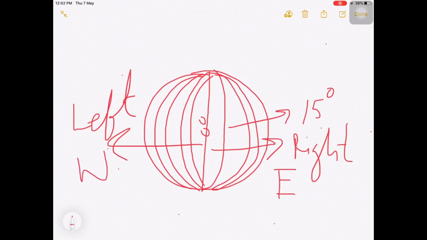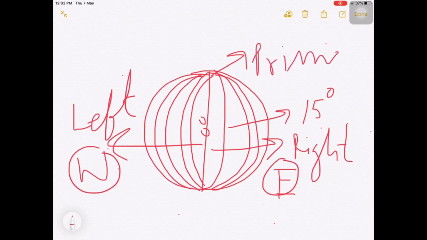Why do we need to write letter E and letter W? Because those lines are on the left hand side of the prime meridian, or 0 degree longitude line. So here I'll write prime meridian. This is the 0 degree prime meridian line. Those lines on the west side, or left hand side of the prime meridian, are marked with the western hemisphere, so that is why they are marked with letter W. And those lines on the right hand side of the prime meridian are always marked with letter E.